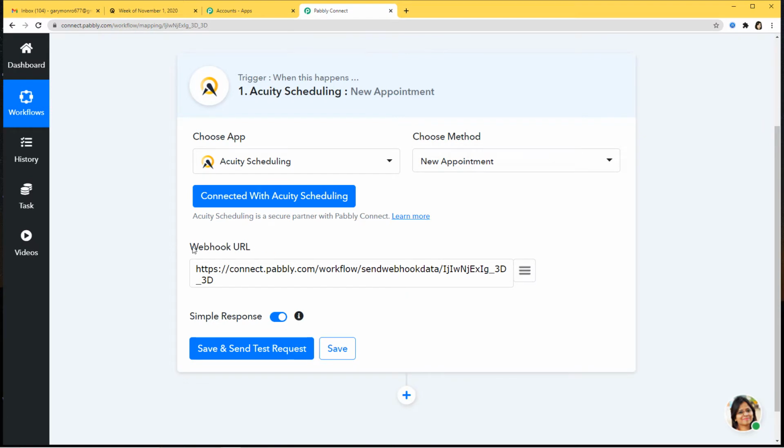So now here you can see this term called webhook URL. So in some cases what happens is when you select an app and you choose a method over here, after that you have to copy this webhook URL from here and you have to go and paste it inside the trigger software application. But here you don't have to do it because we have already built a connection by putting our credentials. So now when you click on save and send test request, the webhook will be created automatically. The data will be sent to this URL over here without us going and pasting this URL in the trigger software manually. So now let me show you save and send test request.